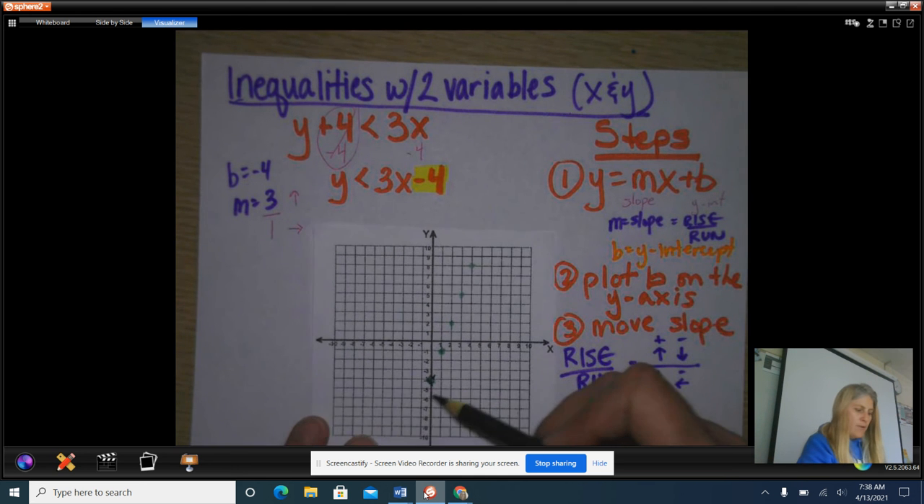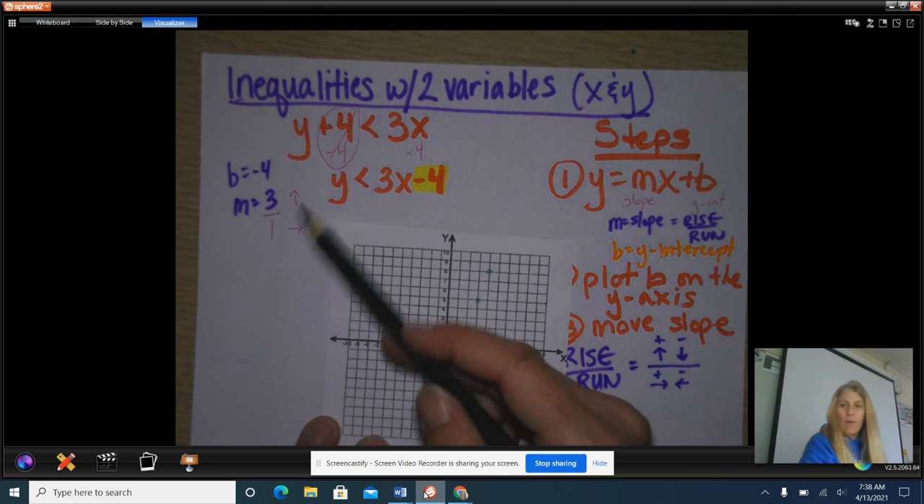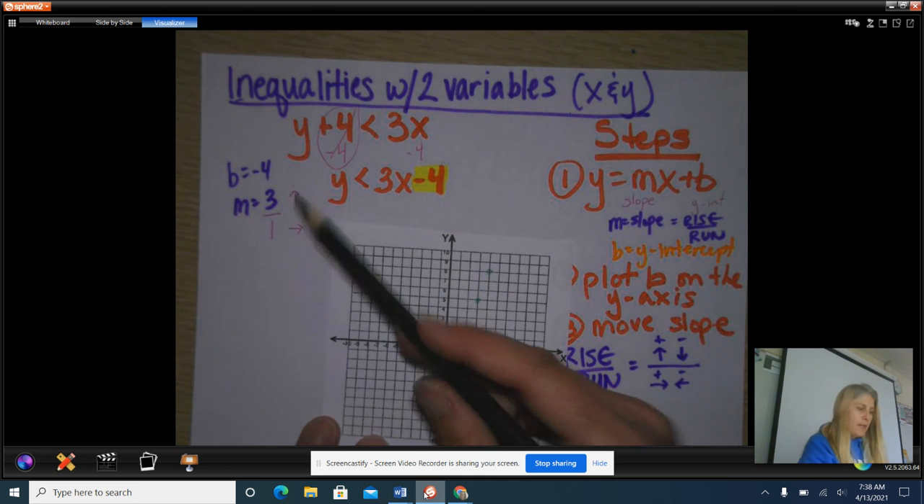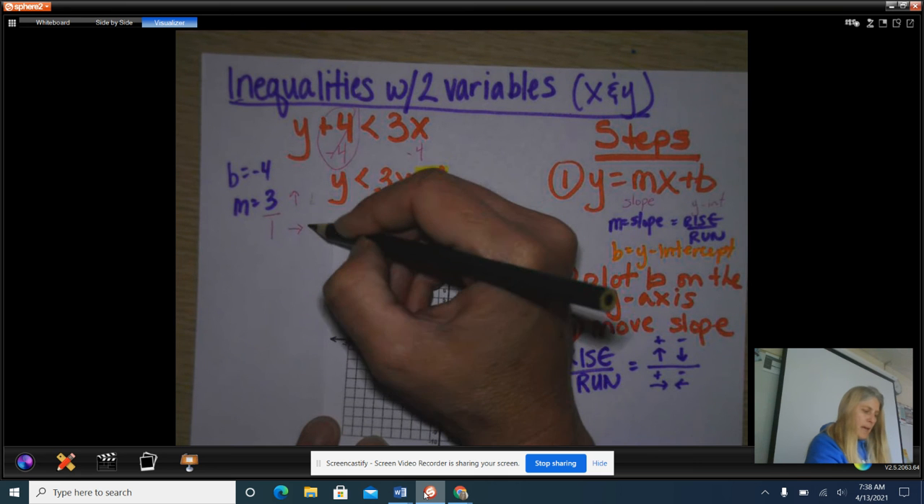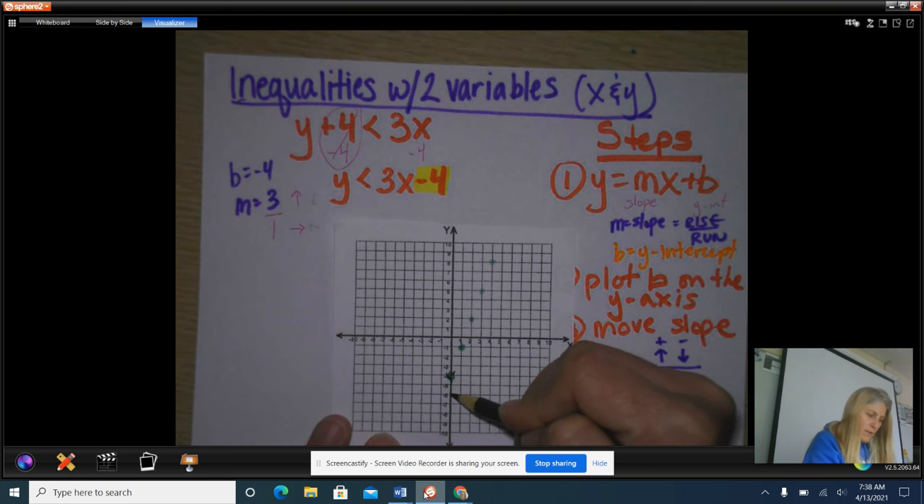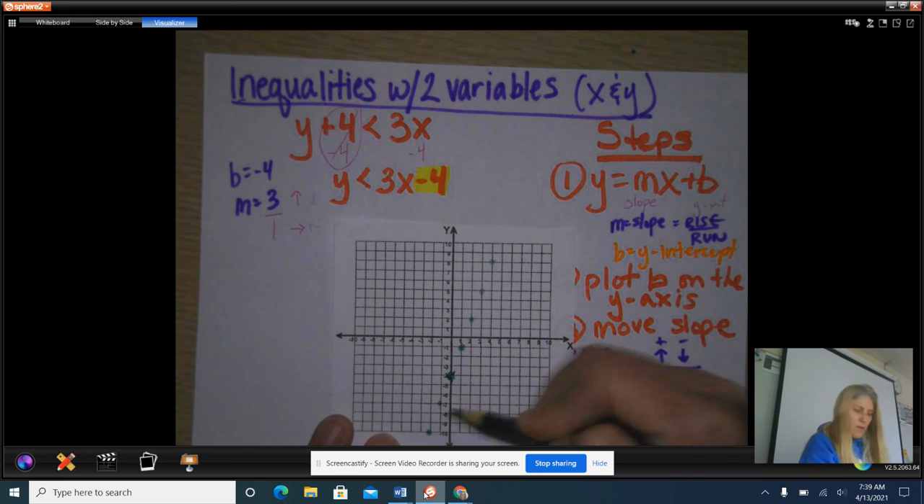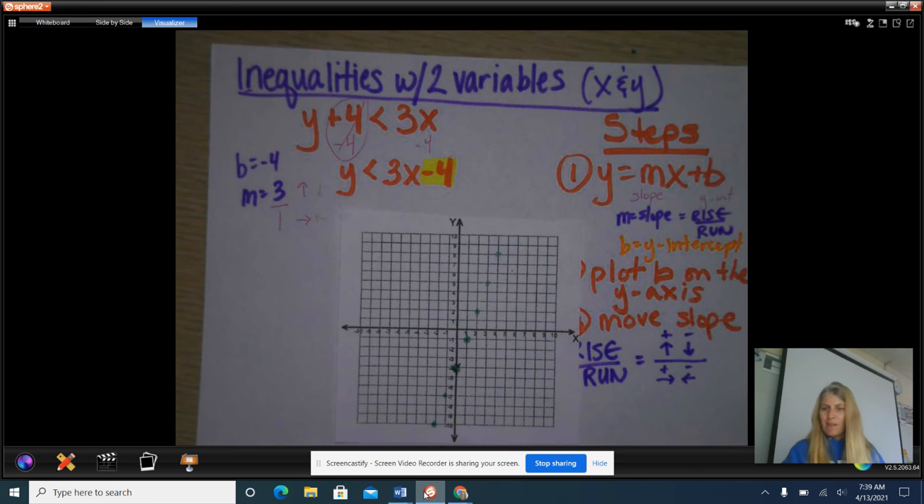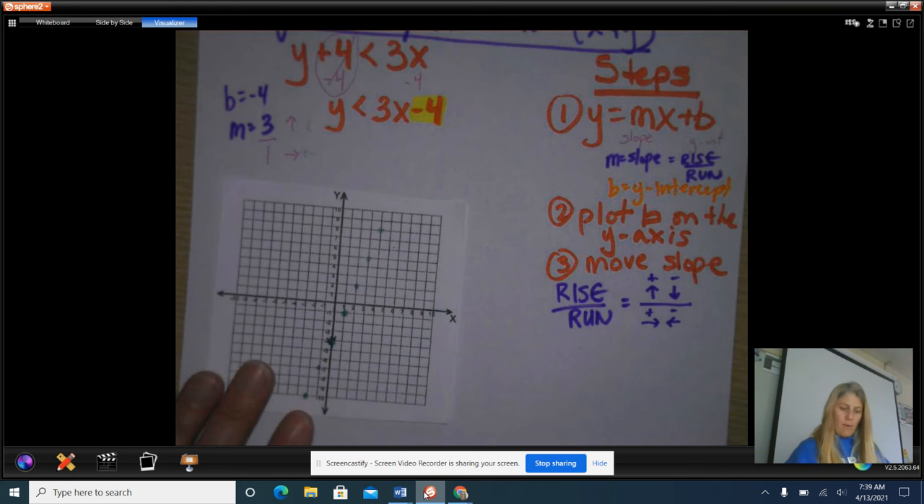Now, in order to go the other direction, I'm going to do the opposite of both directions. So I'm going to go down 3 and 1 to the left. So down 3, 1, 2, 3, and 1 to the left. So you can easily see if that's going to continue the line that you've made or if you've made an error. Okay, step number 4